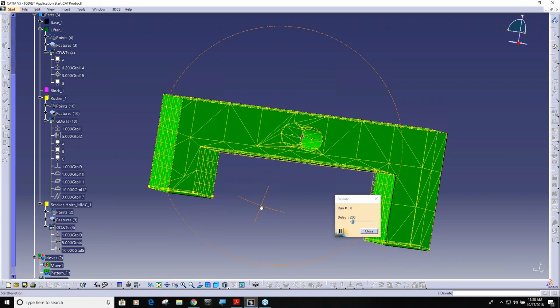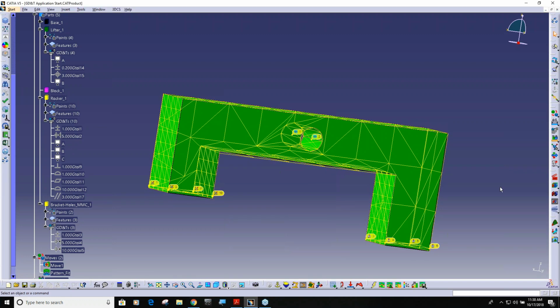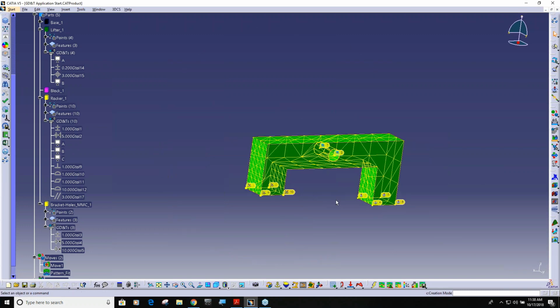So you can see that surface is deviating for parallelism. However, I did not define it back to any datums, and if you don't do that, then just like our original software, we are deviating it from nominal, and it's not related back to a datum reference frame. So when you're all done with tolerancing your parts, actually when you're all done writing moves, tolerancing, and measurements,